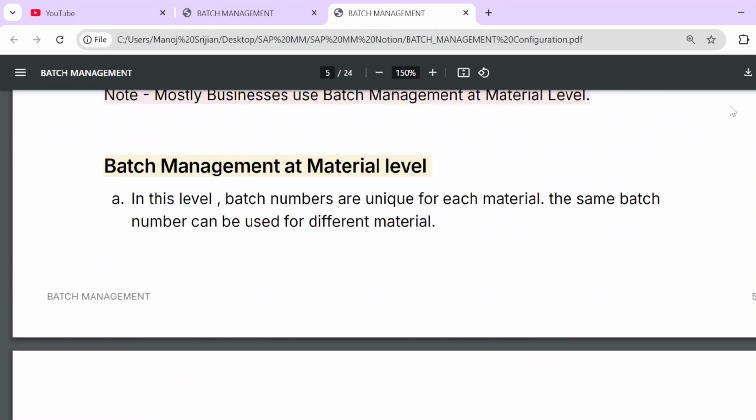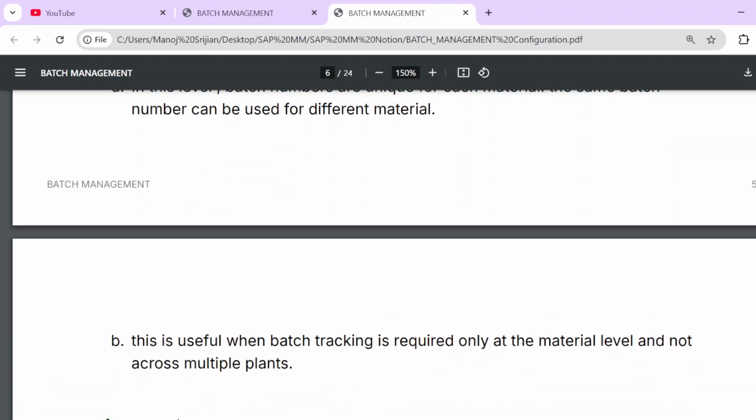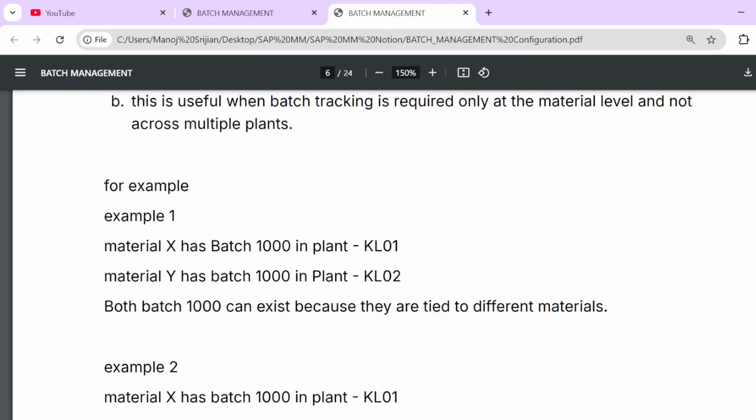So what will happen when we configure batch management at material level? At this level, batch numbers are unique for each material. For each material there is a unique batch number, and the same batch number can be used for a different material. Let's suppose in a plant, material X is there, material Y is there. Just take an example: material X has a batch 1000. So material X in plant KL01 has a batch 1000.